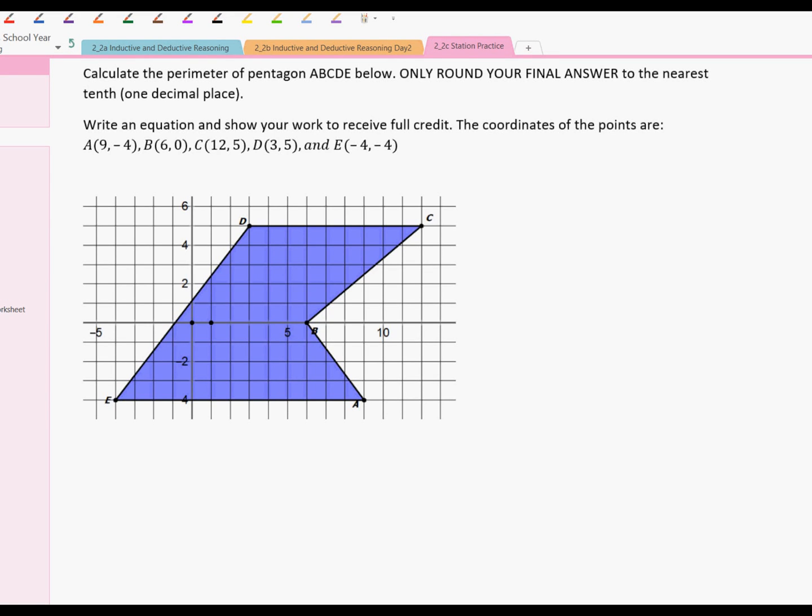Okay, calculate the perimeter of the pentagon below. Write an equation and show the work to receive full credit. Okay, so the perimeter of this polygon is really the lengths of each of the segments of it. So the perimeter